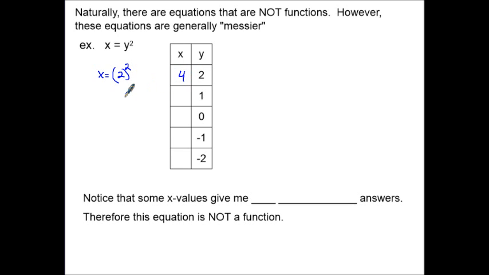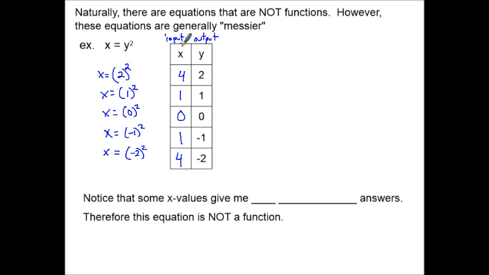Then if I move along with that, I get 1 squared. Well, 1 squared is 1. And then I get 0 squared. Now 0 squared is a 0. From here I get negative 1 squared, which is going to be a positive 1. And then finally I've got negative 2 squared, and negative 2 squared is 4. So again, I kind of broke a little bit of rules there. I kind of did an input-output almost a little bit backwards, but